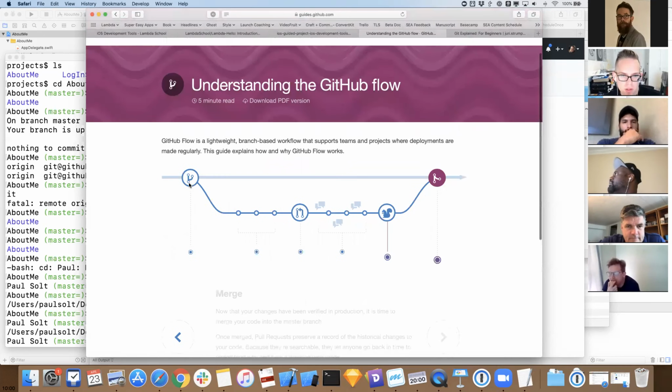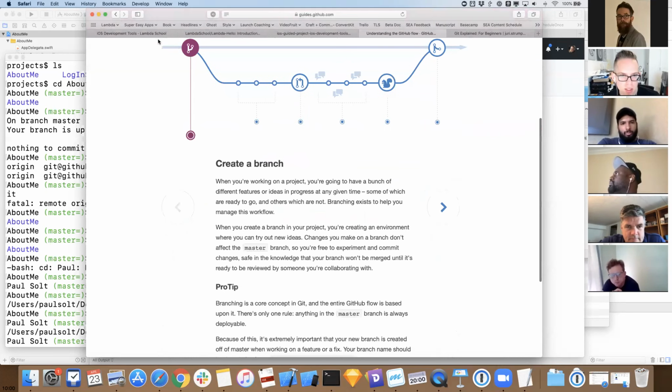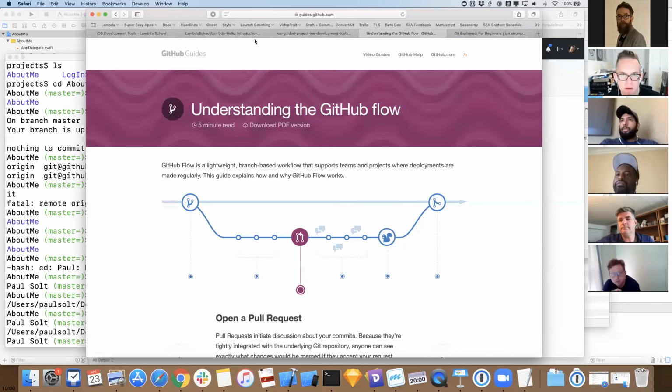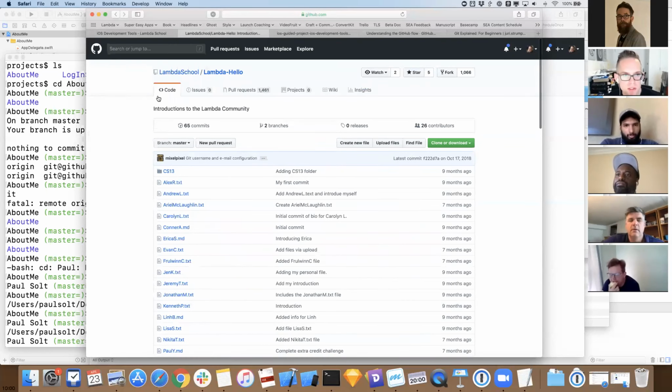The flow for many of your projects is going to be what's called forking. We're going to fork a project, you're going to make changes, and then you'll do a pull request so that your PM can follow along. And so today, what you're going to be doing is working on the project Lambda